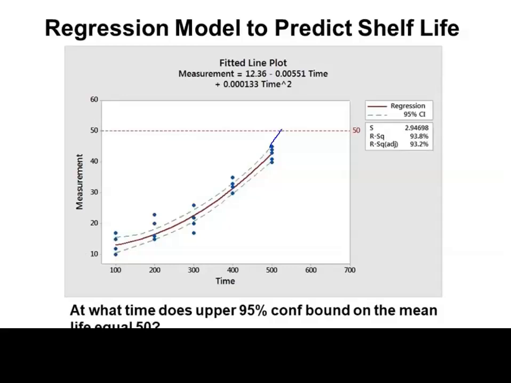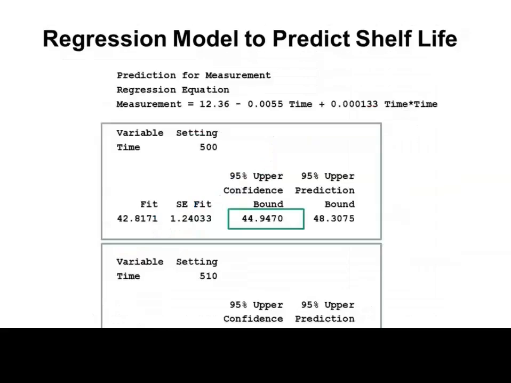So you could say, all right, here's my model, and then predict the mean value and the upper bound or lower bound. The plot always shows both bounds, but in prediction I can just say, give me the upper 95% confidence bound for different times, and just iterate until you find it equaling 50. So that's what I'm doing here. So I started at time 500, and my upper bound is at 45 roughly,